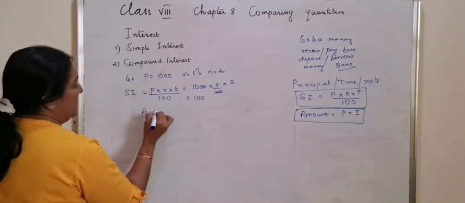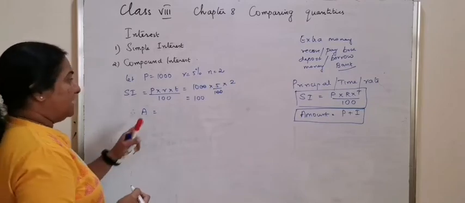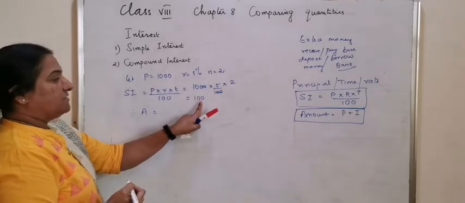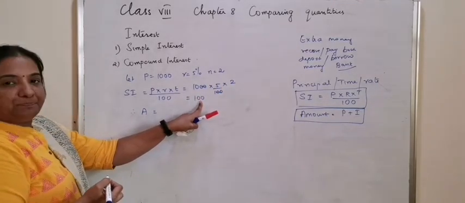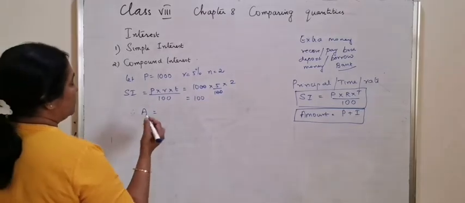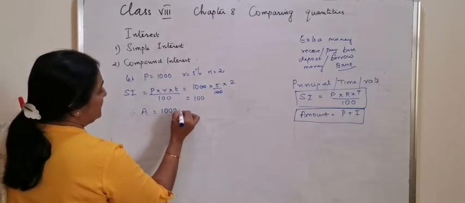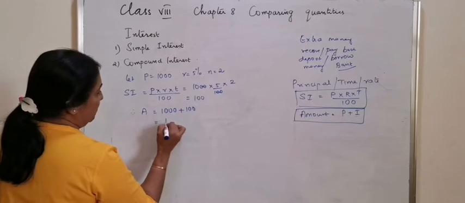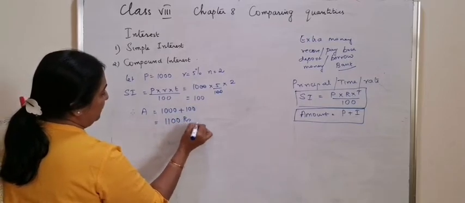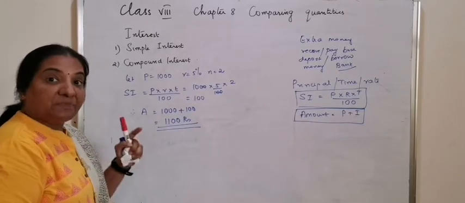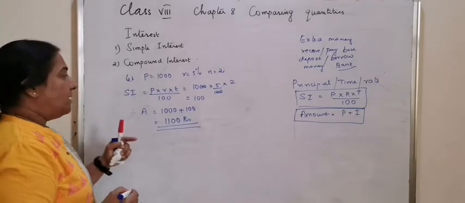That is the interest you will be receiving after 2 years. That means the interest is 100 rupees and the amount you will be receiving is principal plus interest, or it is 1100 rupees. Whereas the compound interest